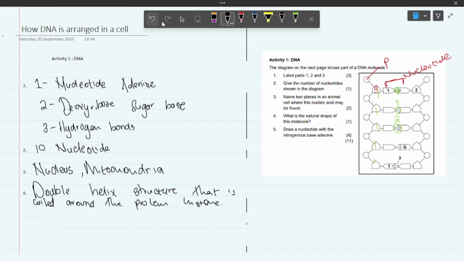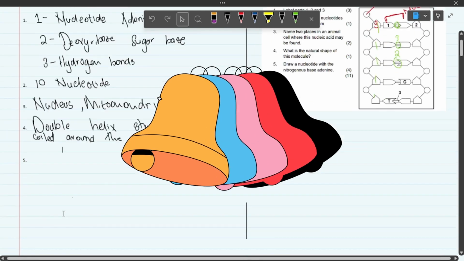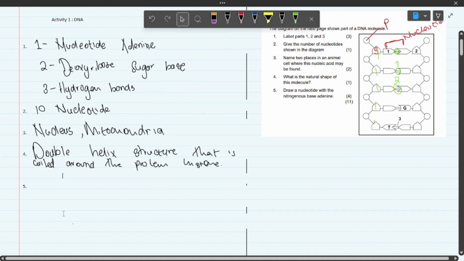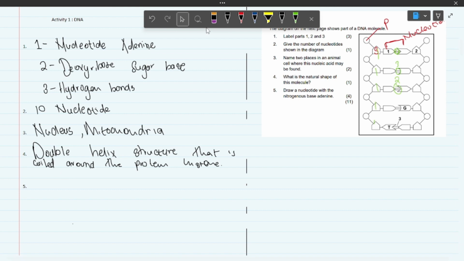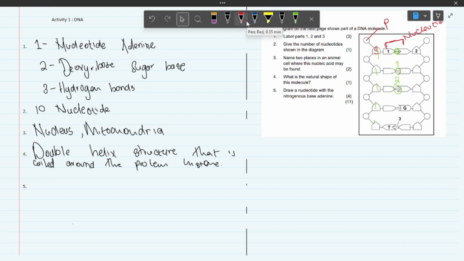So let's do number 5, the last question. Number 5: draw a nucleotide with the nitrogenous base at 9. So if you're going to draw this nucleotide, we must show everything that is in this nucleotide, right? So we know that the nucleotide is composed of what? It's composed of a